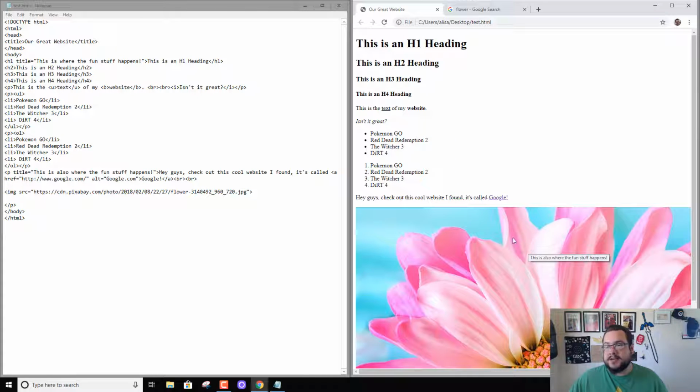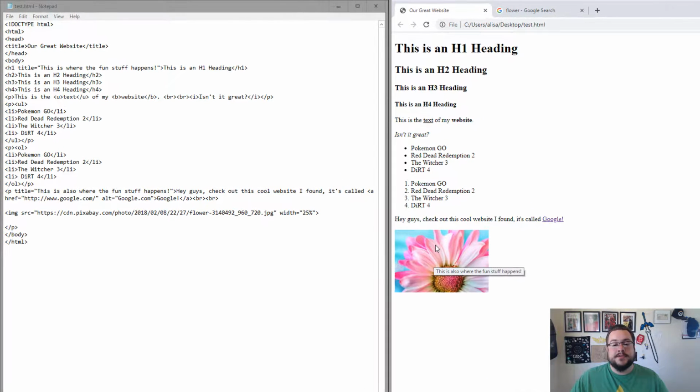So that's nice and all, but we also need to change the size of this because this is huge. So what we're going to do is right before the end caret, we're going to add a space and type in width equals, and let's just say we can do either pixels or we can do percentage. So I could say 25% right here and hit save, and it would be 25% of its original size,